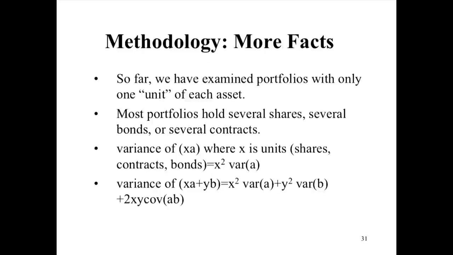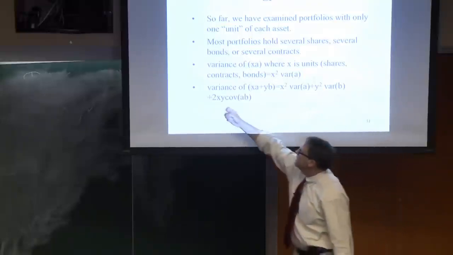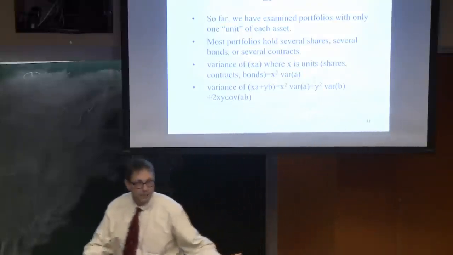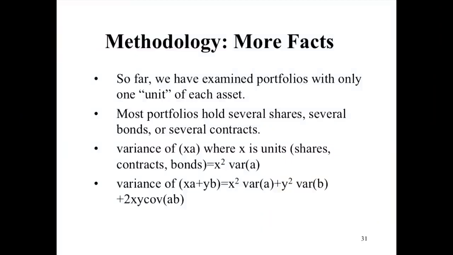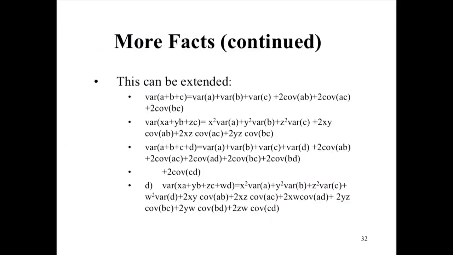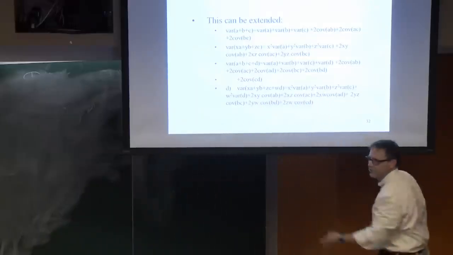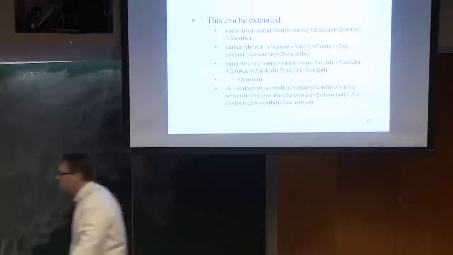All right. Some more facts. Variance of xa plus yb is x squared variance a, plus y squared variance b, plus 2xy covariance ab. You guys seen this before? I assume you have. Now I can get pretty silly with this if I want. xa, yb, zc, w, you get the picture, right? But what you should be thinking,